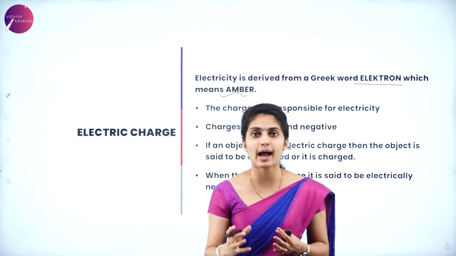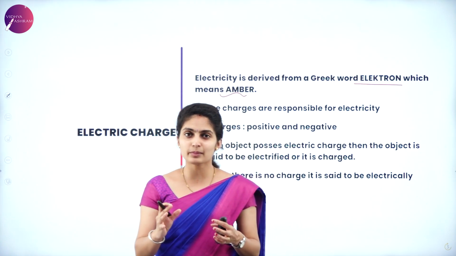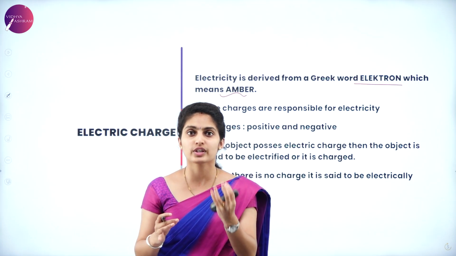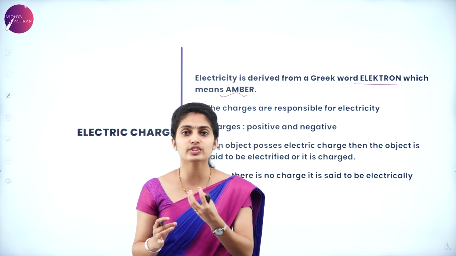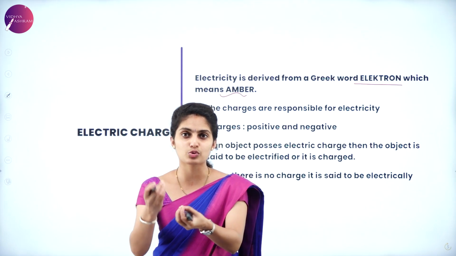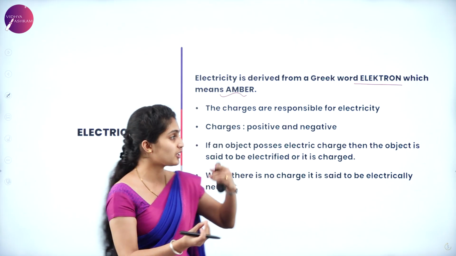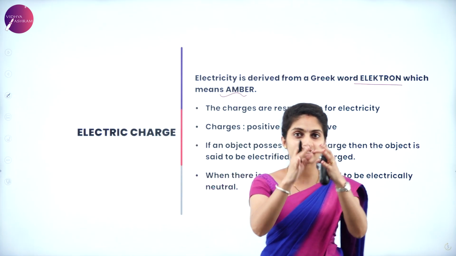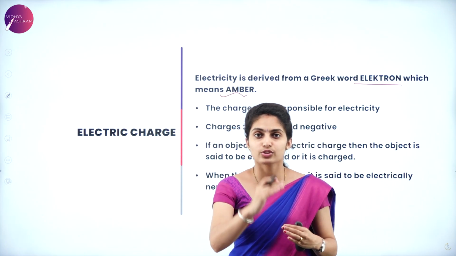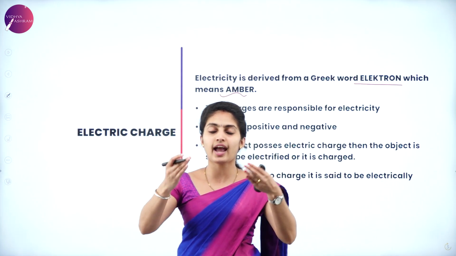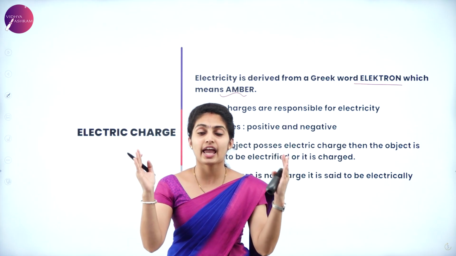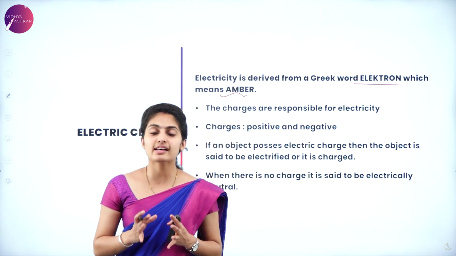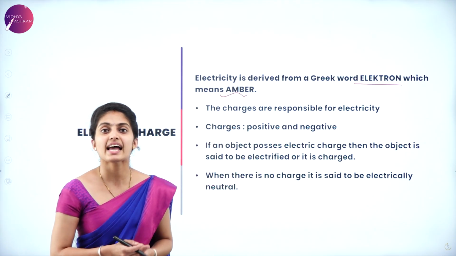So what is meant by amber is your question. Amber is nothing but a brown stone. In a jewelry making shop you can see just a brown stone. On rubbing the brown stone on the silk cloth, electric charges were generated, because of which this term has come. So amber is a basic foundation for whatever electricity. Now what are we looking at? Electric charges, electricity, everything has got some basic concept, and everything started because of one object, and that is amber. So amber has a Greek word which means to say it is electron.